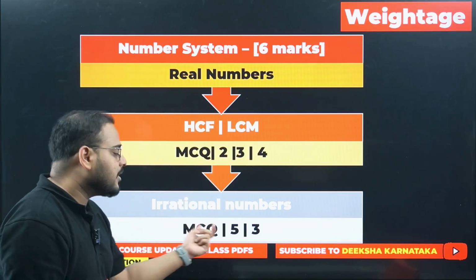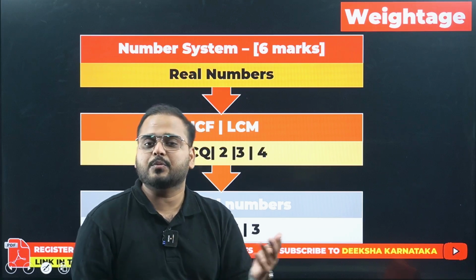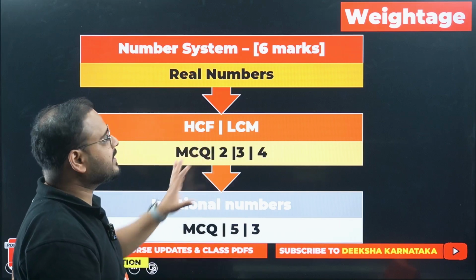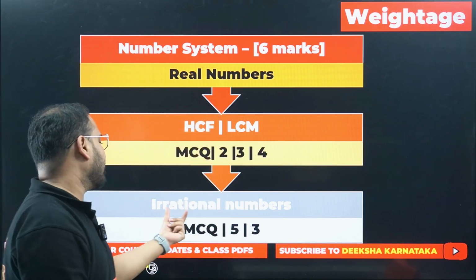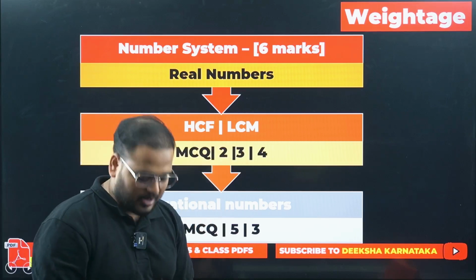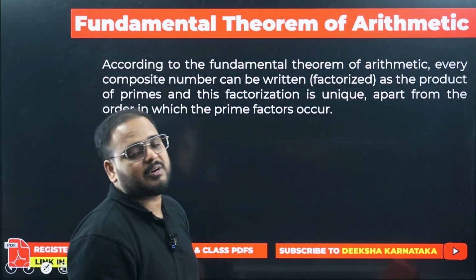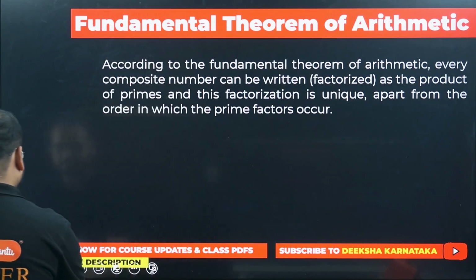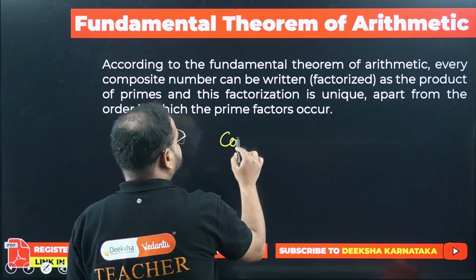Again, from irrational numbers, MCQ and 5 marker questions, as I said, proving the number to be irrational, and 3 marker questions can be expected. Weightage is 6 marks. You can expect questions from HCF LCM and irrational numbers like this: 2, 3, 4 marks and MCQ, and 5 and 3 marks. Moving to the first topic, the fundamental theorem of arithmetic. What is it? It states very simply that any composite number